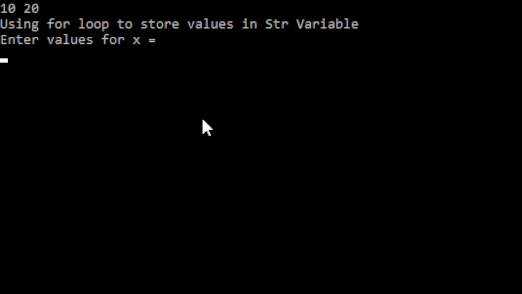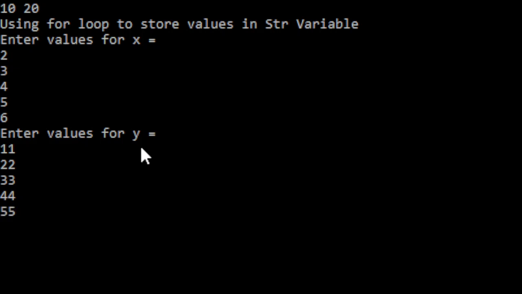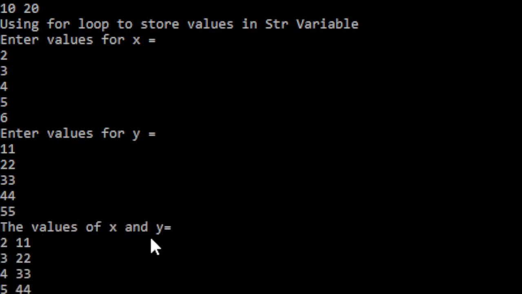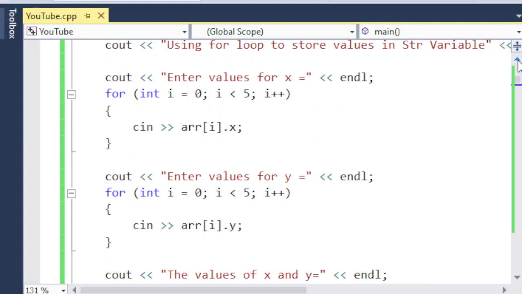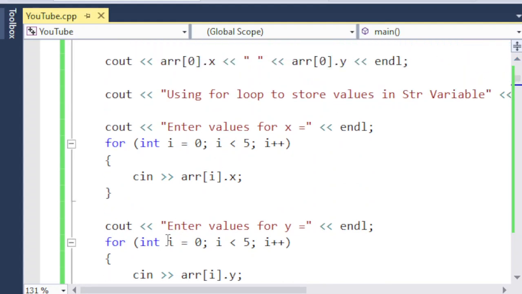Enter value for x. Here I'm going to enter 2, 3, 4, 5 and 6. So these are the 5 values that are entered for the data member x, and now enter value for data member y. So again 2, 2, 3, 3, 4, 4 and 5, 5. Now look at this, the values of x and y data members, that is 2, 11, 3, 22, 4, 32 and so on. So this is a very simple way to create an array of structure variable, and then how to store values in the structure variable, and then how to print the structure variables